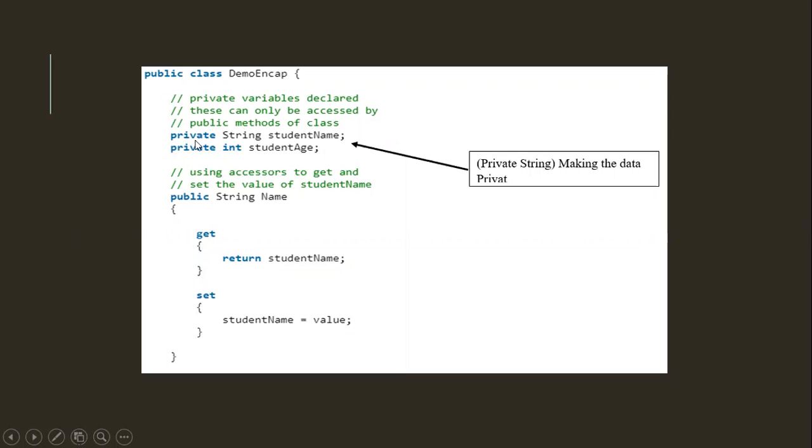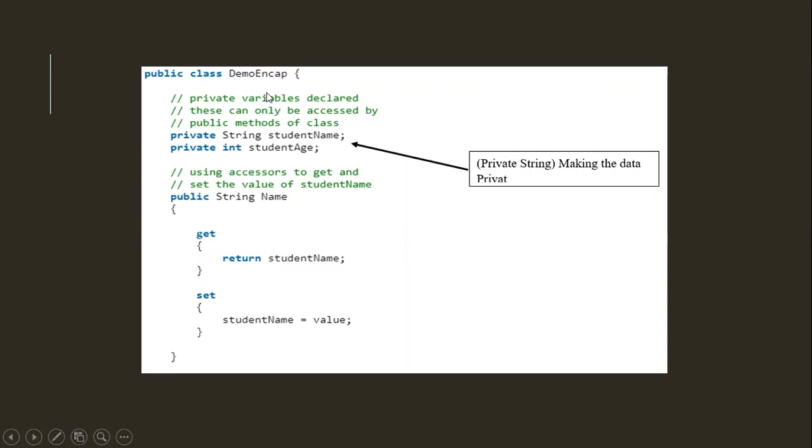So here we are declaring this variable as private. Only the relevant people can see it, none of the others can. So make a string data type. These can be accessed only by the public methods of the class.